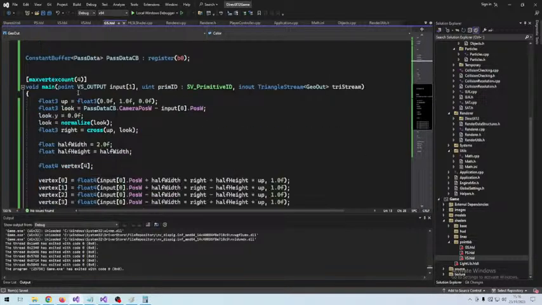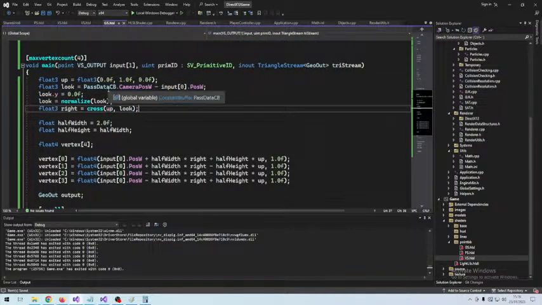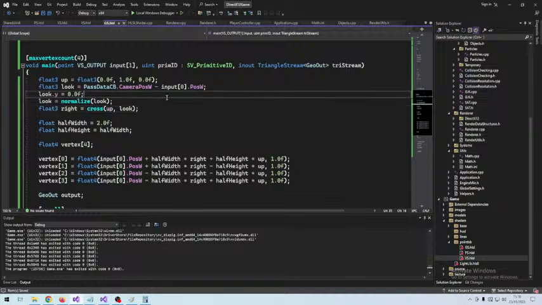It starts by taking in the point that is the input and ends up assigning a primitive ID and creating a triangle stream. We create the coordinate system for this billboard. This makes sure that no matter where we create the billboard, or rather the square that represents a point in space,